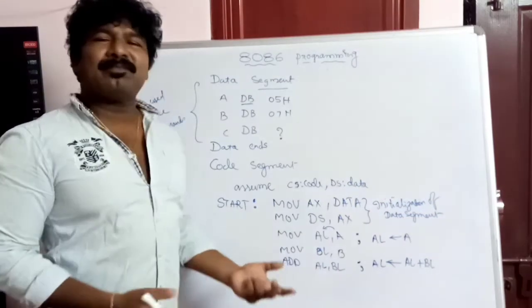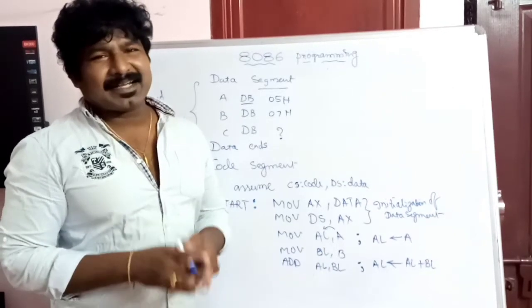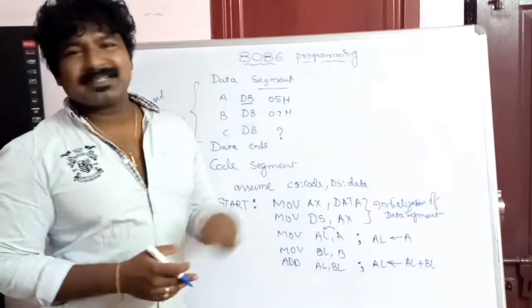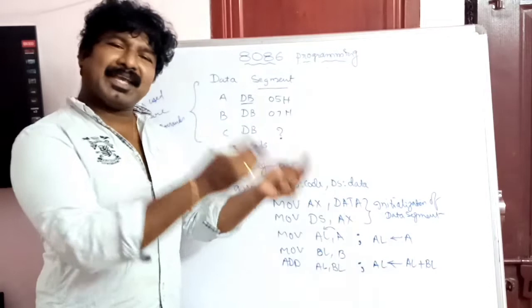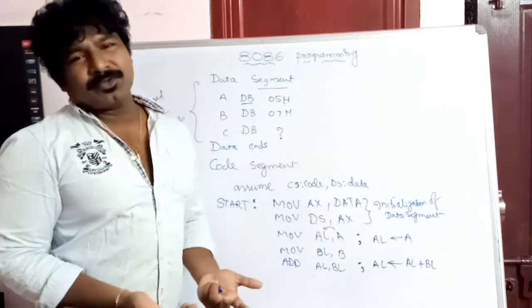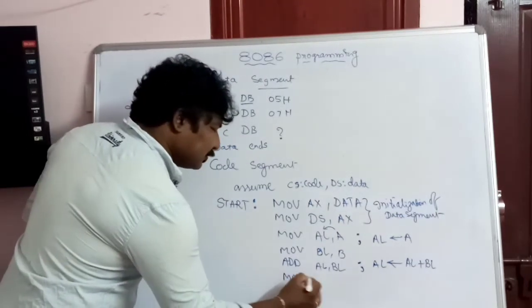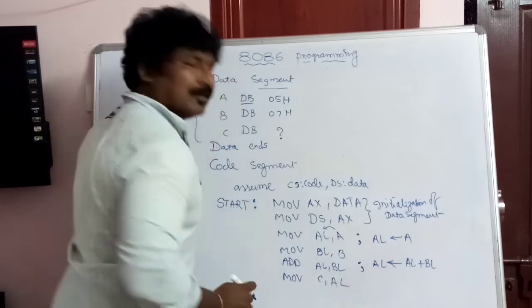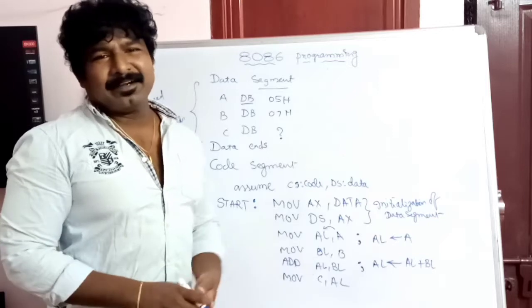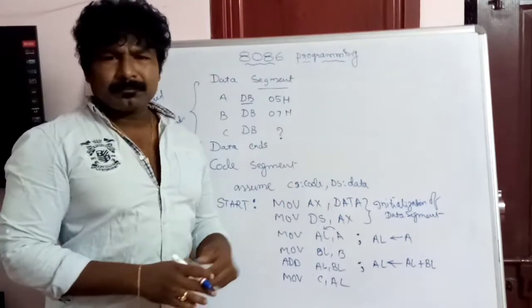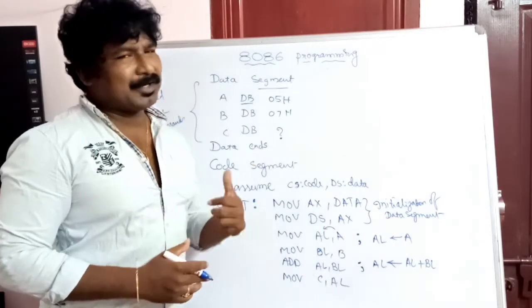Okay, so I have performed the addition and I got my value. Then you have to transfer your result into the third variable, that is C. Since I have declared C to store my sum value, I need to transfer the contents of the AL register into C. How can I do this? Use another move instruction, that's simple. You can write it as MOV C, AL. That's it. That will move the result which is in AL into C. So I have completed all the logic. I have got my sum value into my variable, that is the memory operand C.